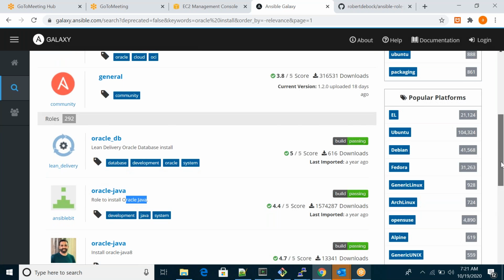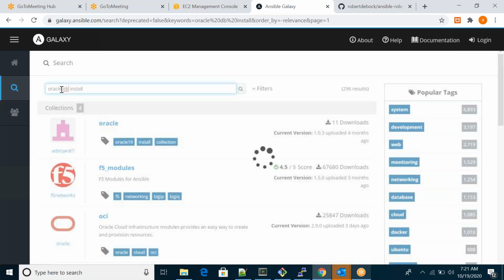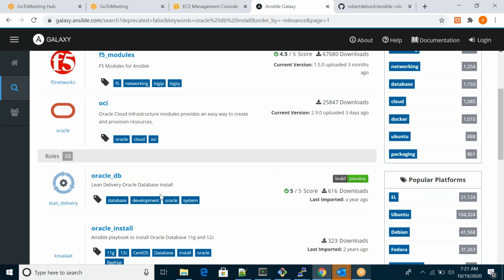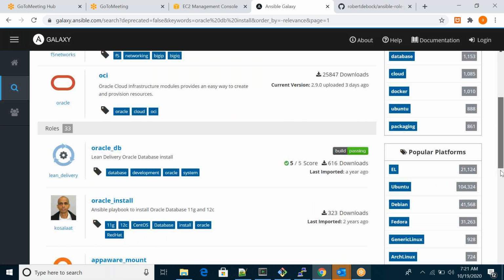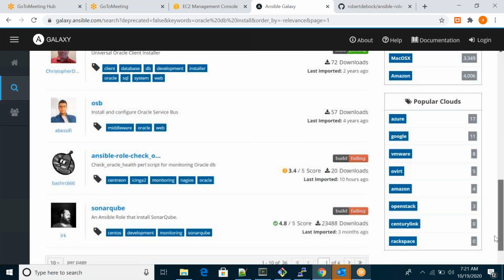Search with Oracle DB. So you can see here, install Oracle database playbook.